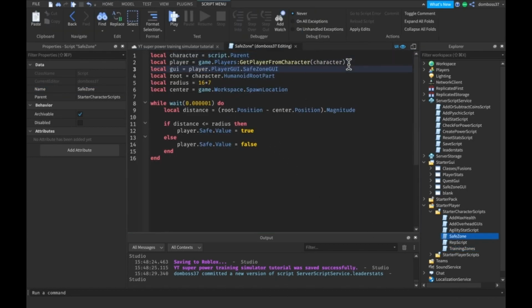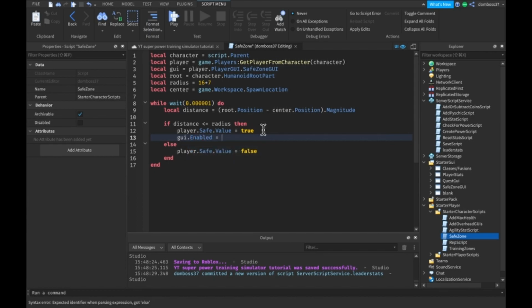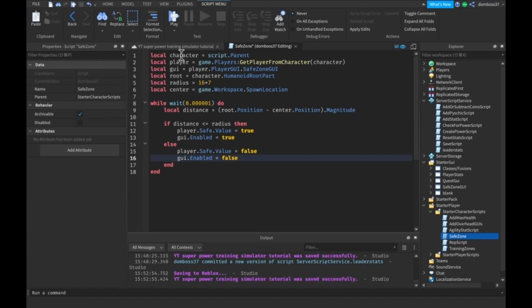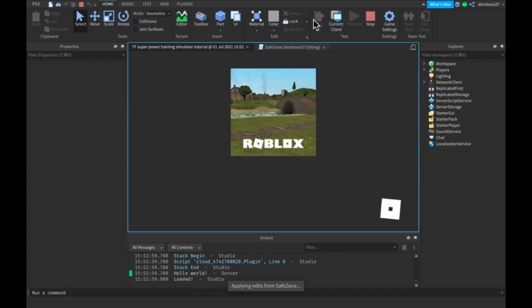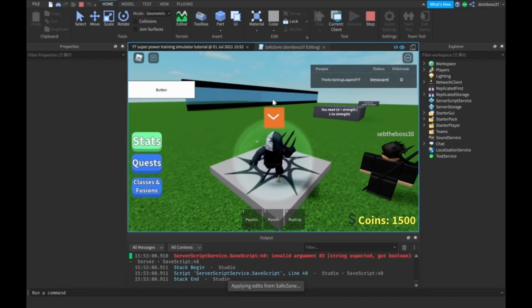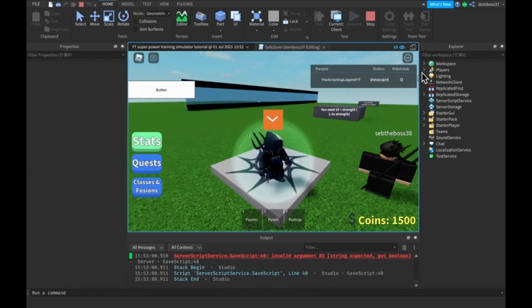Also under the player still, we'll delete that, and then when it's true, we're gonna want to do GUI.Enabled is equal to true, and then here it will be false. So if we save this and then we click play,